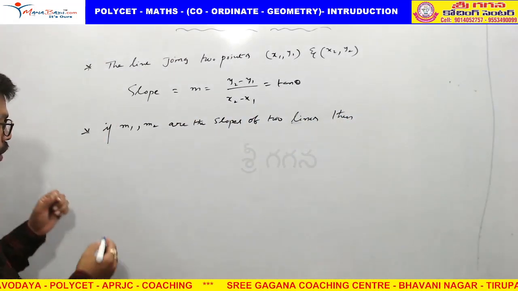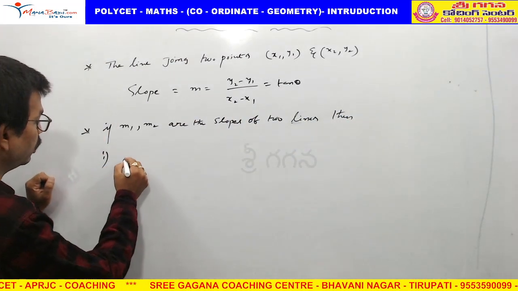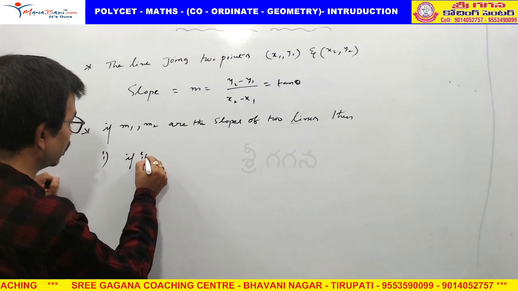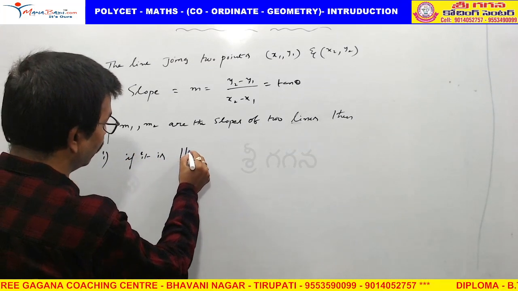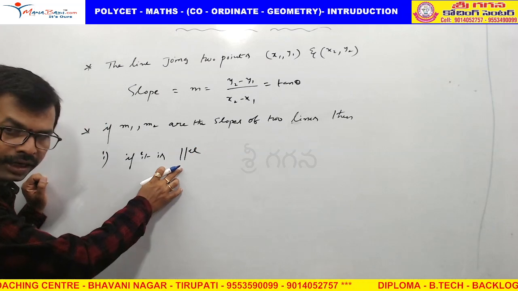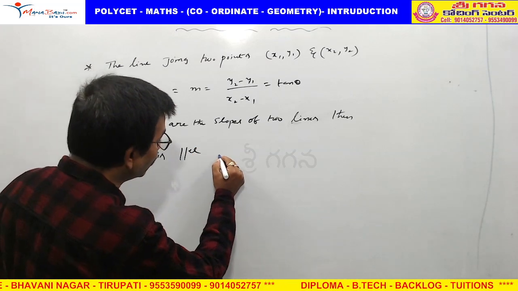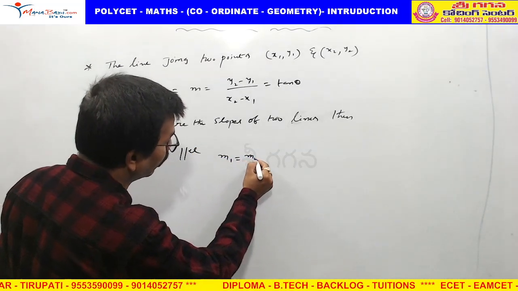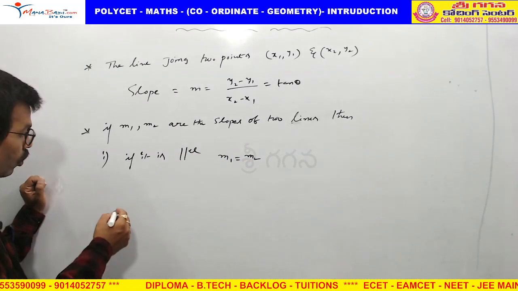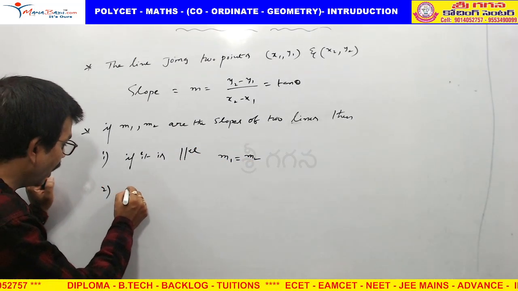If the lines are parallel, simply you can write the symbol. So parallel means m1 equal to m2 will come. If it is perpendicular,